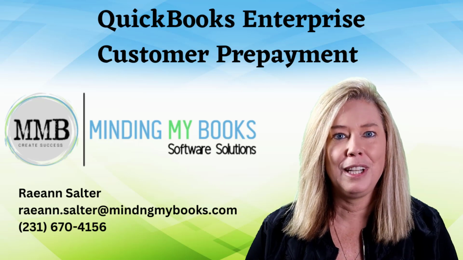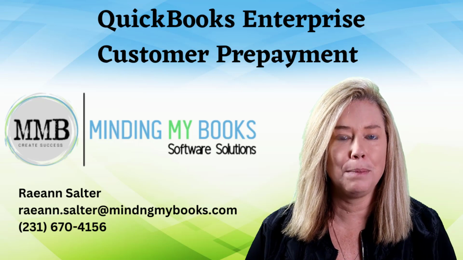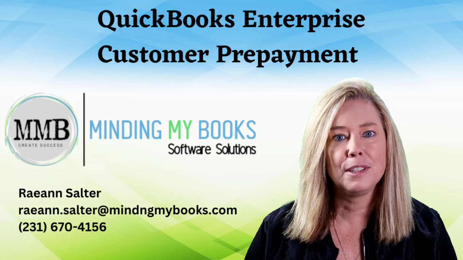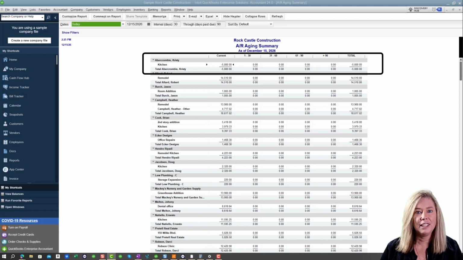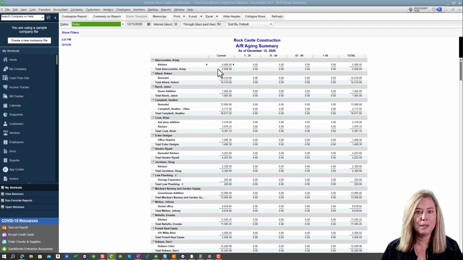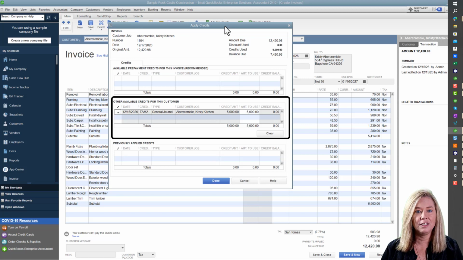In the past, we've created 2 workarounds for QuickBooks Enterprise users to handle prepayments. The first option was to create a payment against a customer without an invoice. This resulted in a negative balance in the accounts receivable. Then, as you invoice that customer, the credit balance would be applied to the invoice or invoices until the credit